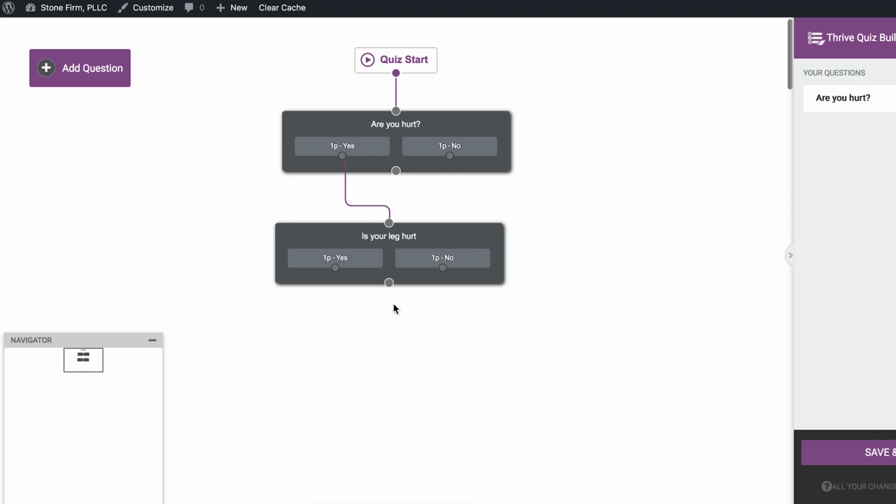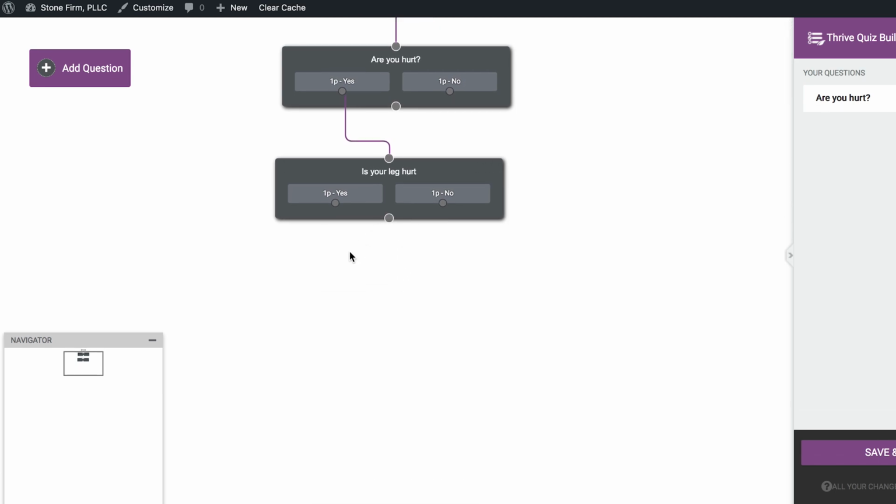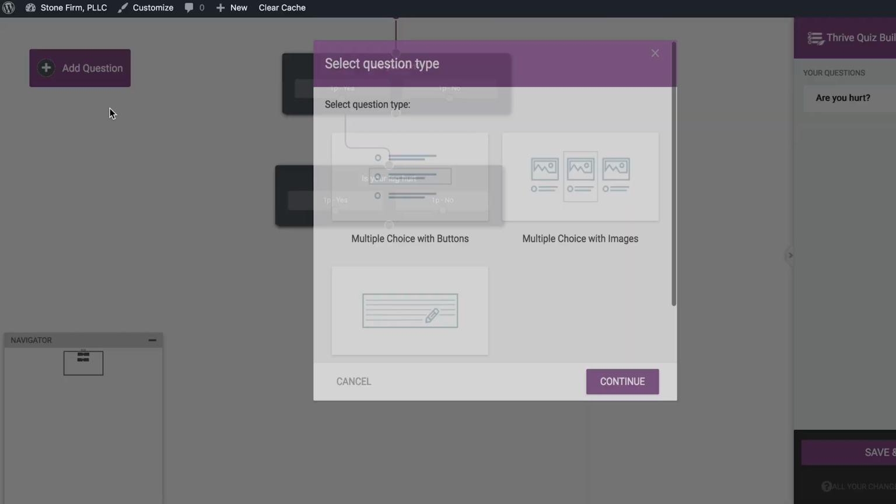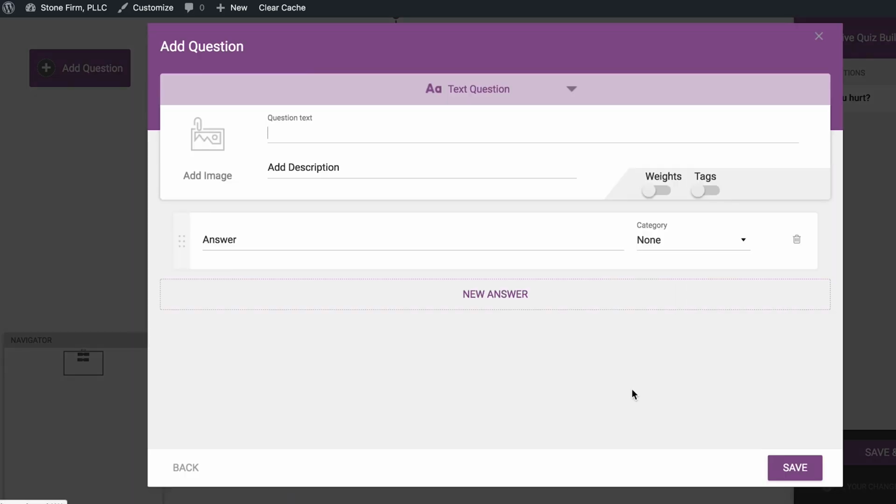So go through your entire quiz and just rinse and repeat. You're going to connect with this dot, that dot, or this dot. This one is for no matter what the answer is. This one is for if it's no, we'll connect it there. You can also, if it's a no and you still want to figure out exactly what's happening, let's say,